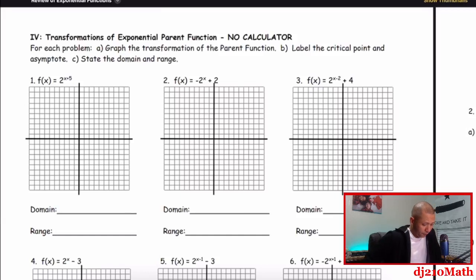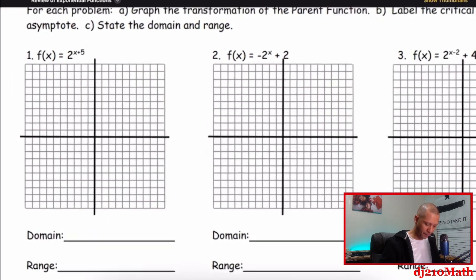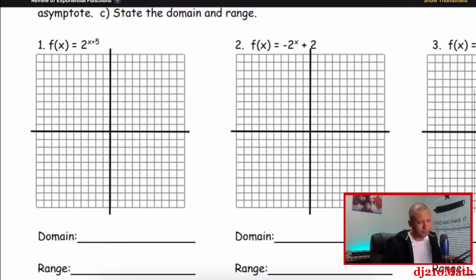Okay, part four. Part four, transformations. Again, using no calculator. So we're going to do the domain and range. It's always best to start with the parent function, and every parent function, these are all exponentials, will have three